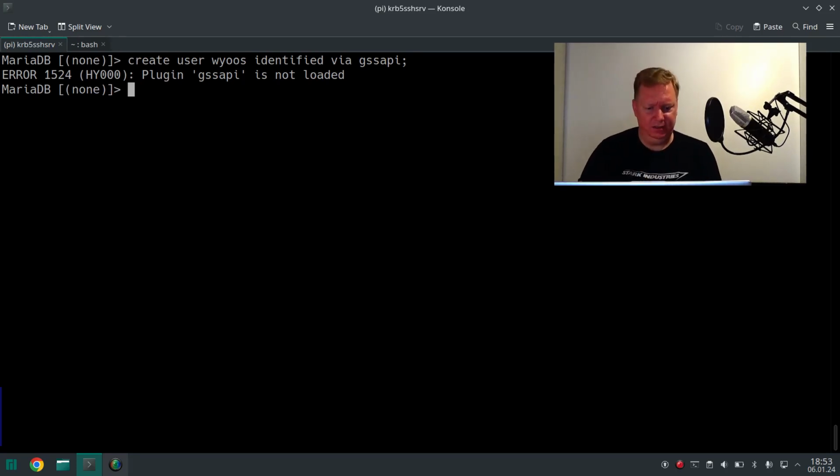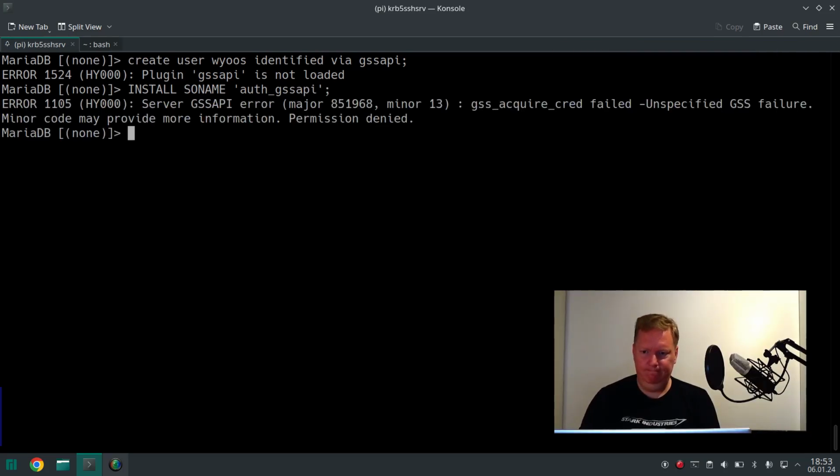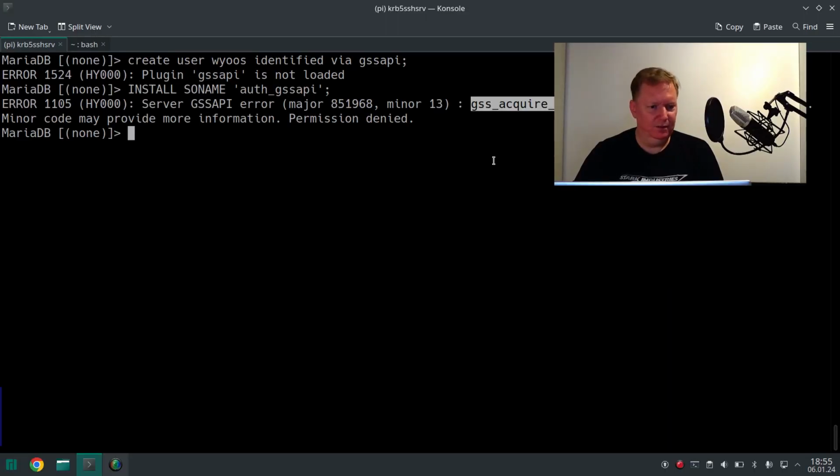Plugin GSSAPI is not loaded. Okay, let's try manually loading it. INSTALL SONAME, shared object name, auth_gssapi. Okay, GSS acquire credential failed. This looks like it cannot access the keytab. So